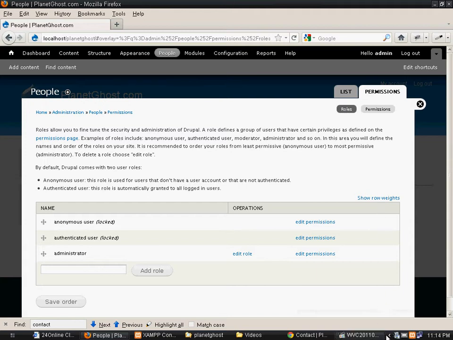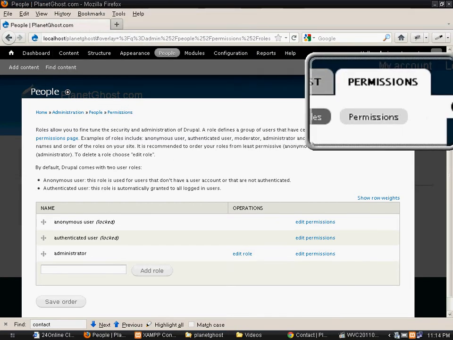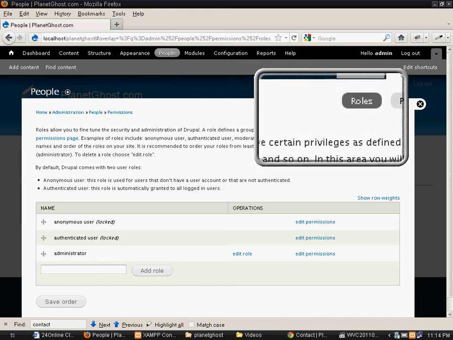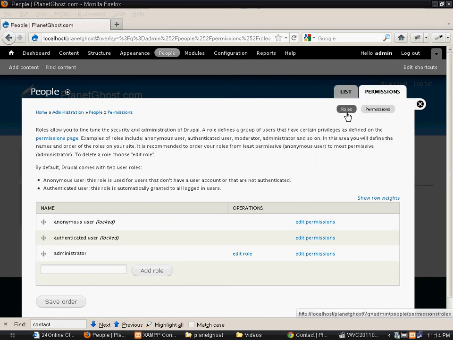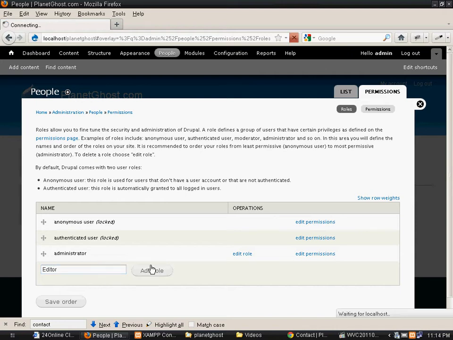Okay, when you click on people, you go under permissions and then you have a small button with the name roles here. We see three sorts of roles here. Now we'll create one more role, that would be editor, and click on add role.